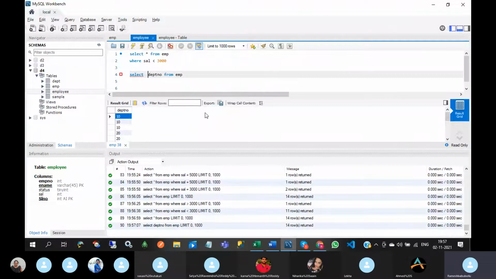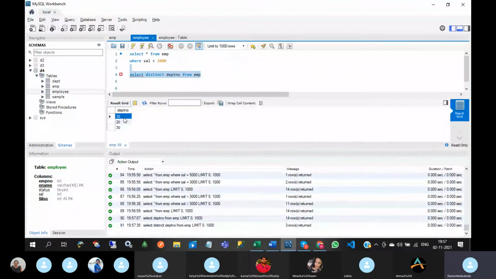But if you use the distinct keyword, then observe this, it will eliminate all these duplicates. Okay, so it will eliminate the duplicate records and return exact records. So 10, 20, 30. Okay, this is the purpose of distinct.